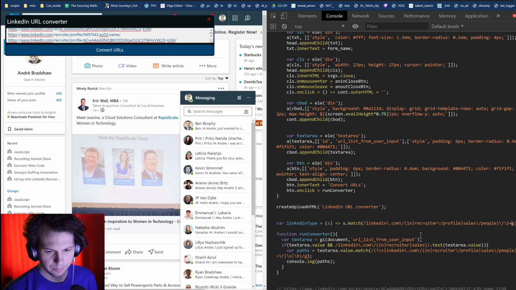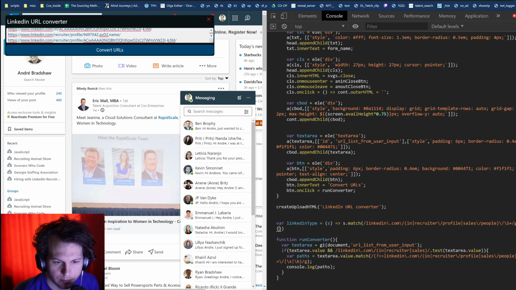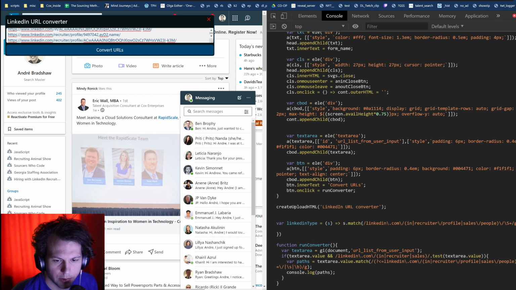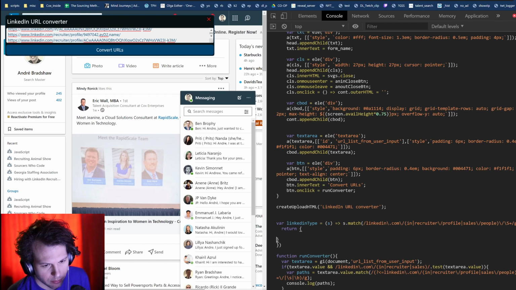So this will give us all these matches here. And then I can say URL, and then we'll bring back an object. And that object will have the type, and the type will be